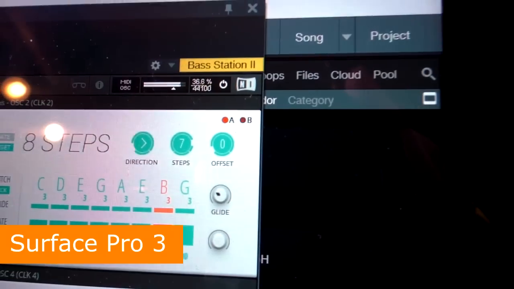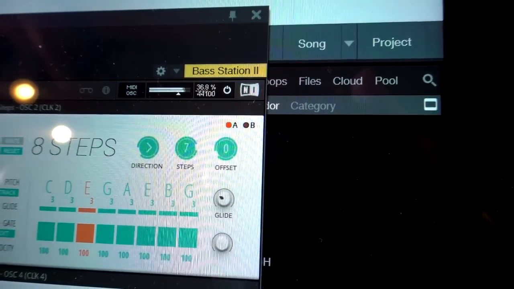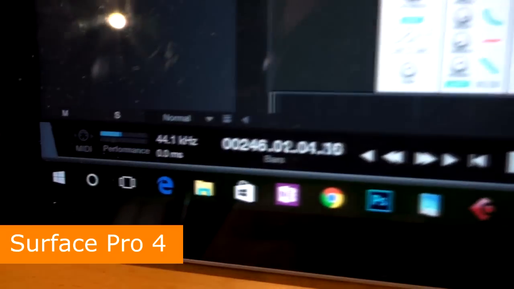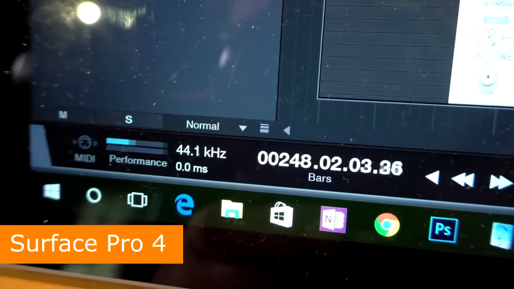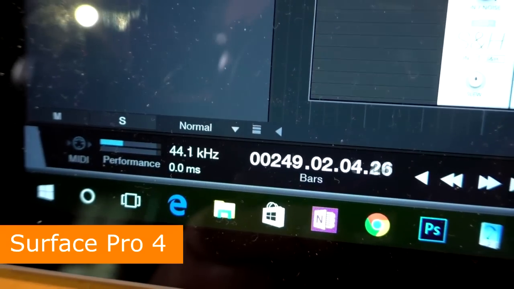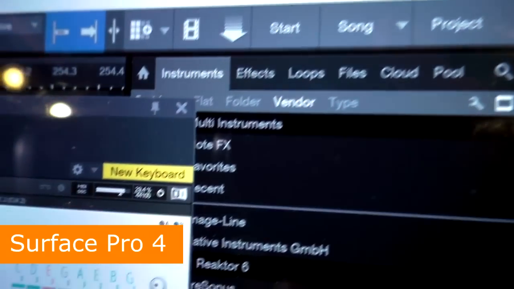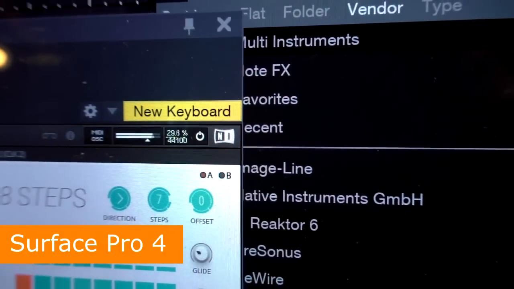On the Surface Pro 4, which is now playing back, so I've turned off the multi-processing, our performance meter down here is bouncing around 40–50%, so kind of similar to the Surface Pro 3. And the percentage level up here is sort of 29–30%, which is a little bit less than the Surface Pro 3,